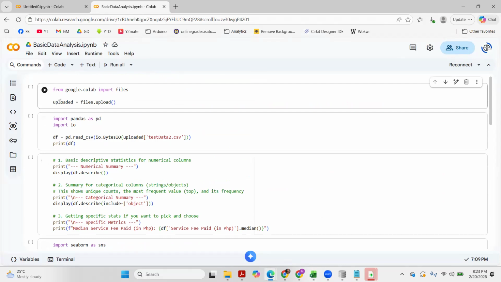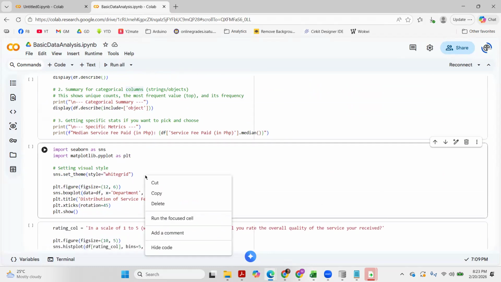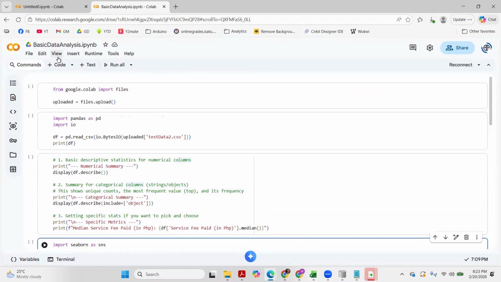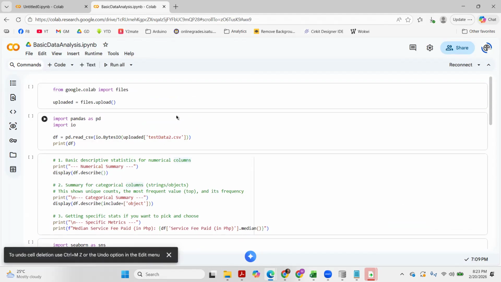Okay, so first, these boxes are called cells. A cell could be code or text. So you can make some discussions here. You can put some narratives.